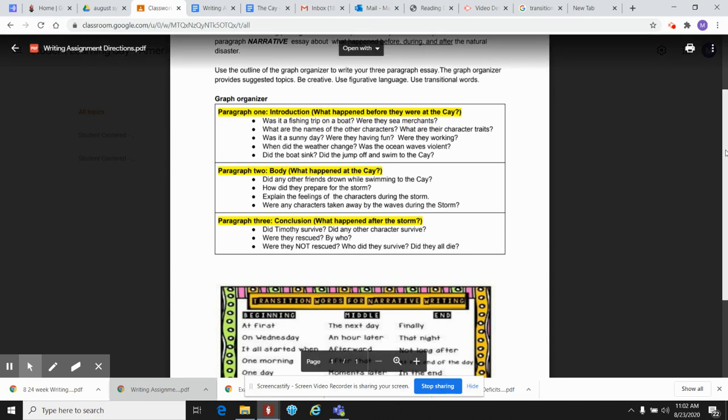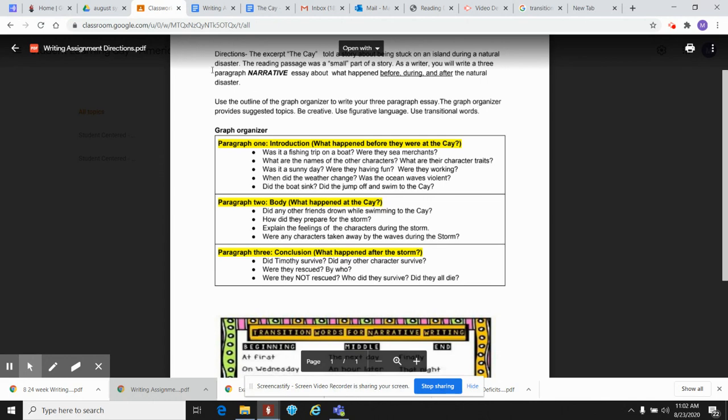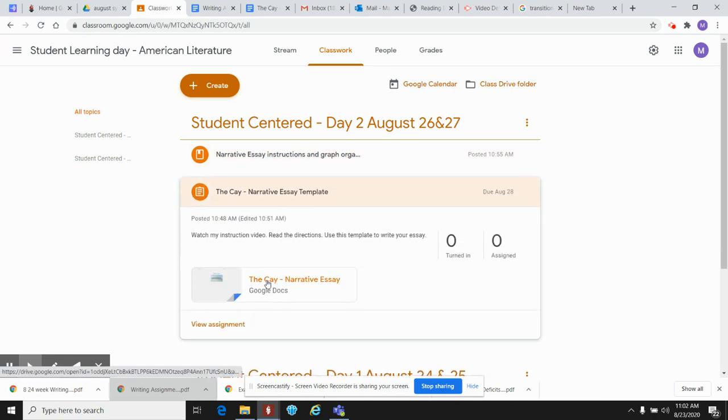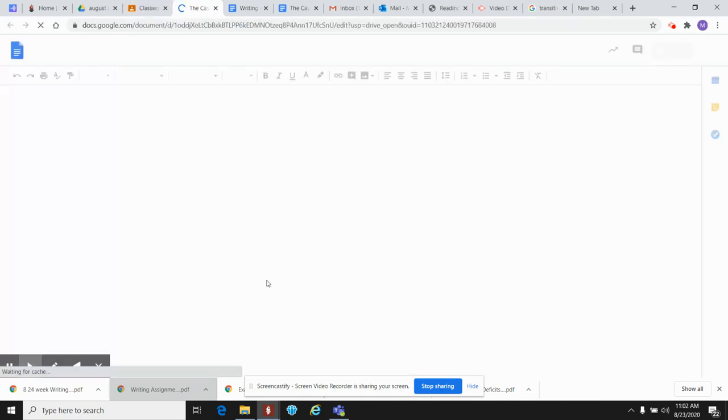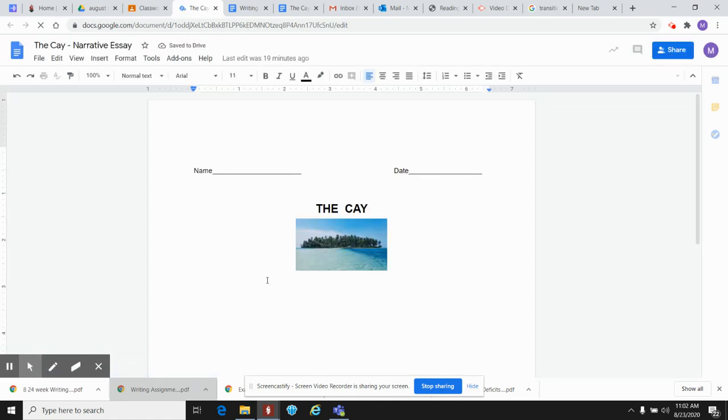Now, remember, it's 3 paragraphs, and these are the transition words you're going to be using. Okay? Now, I provided you with your template. You're going to be using this template, which you have access to, and you're going to write your 3 paragraph essay on this particular document. Okay, so that's what I want you to do for your assignment for day 2 of your student learning day,